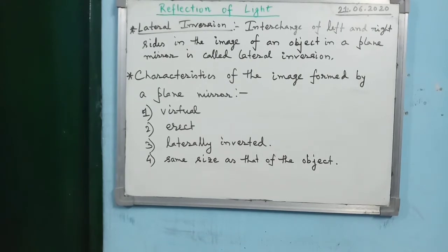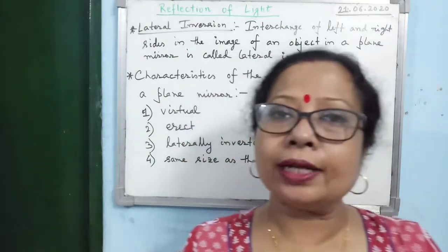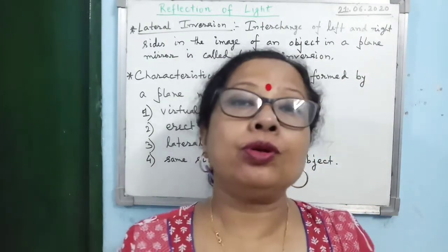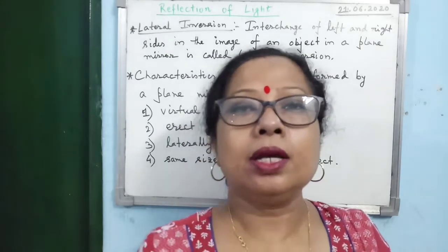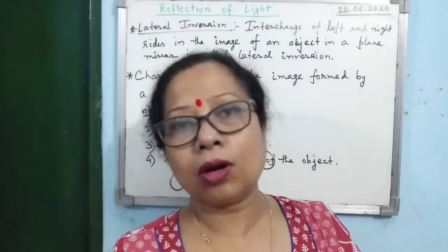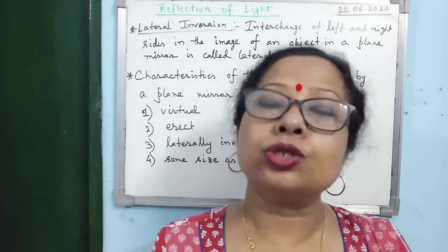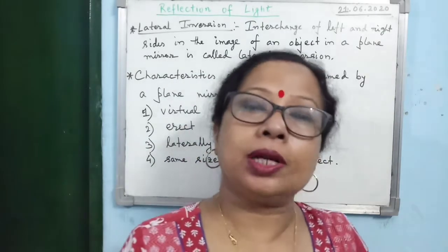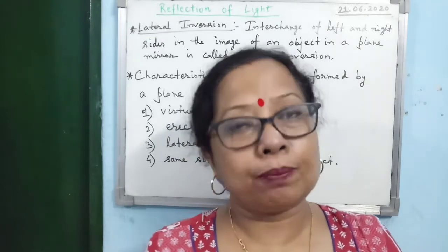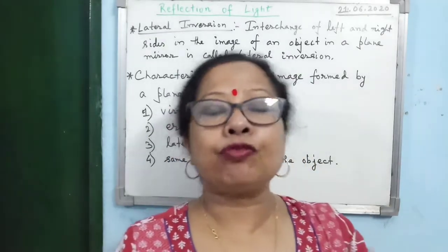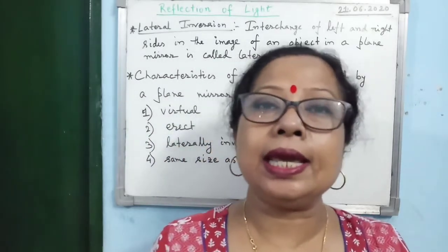Now if you stand in front of a plane mirror, you will get a virtual image. Why virtual image? If you go behind the mirror, it will appear to you as if the image is from behind the mirror, but you go behind the mirror and nothing is there. That means the image cannot be obtained on a screen. So what kind of image is it? Virtual image. And all virtual images are erect with respect to the object. And the image formed by a plane mirror is always laterally inverted.